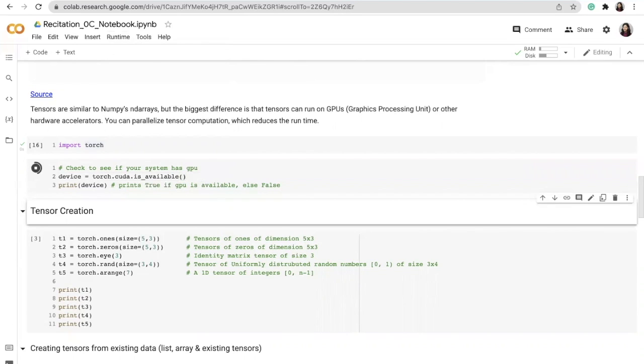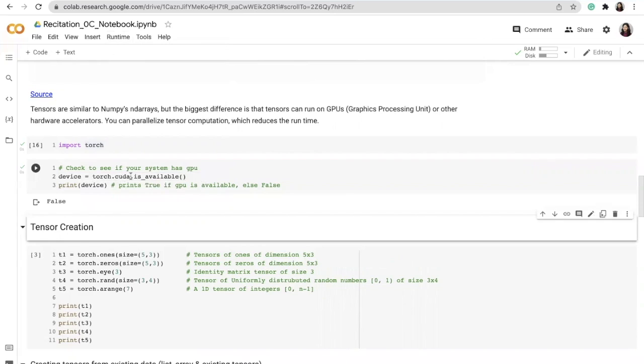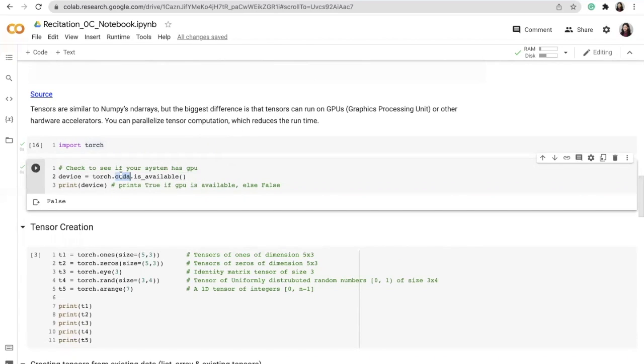So if I go ahead and run this cell, it checks if CUDA is available and prints out False. CUDA is nothing but a programming interface provided by NVIDIA, which lets you access your physical hardware GPU. If you are using a GPU, you would have CUDA installed in your environment. Since right now we are not using a GPU and hence we do not have CUDA, it says CUDA is not available. So that means we are going to run this recitation on the available CPU.